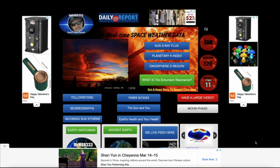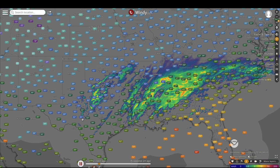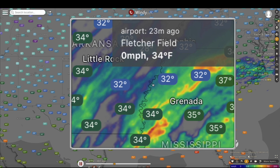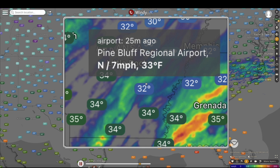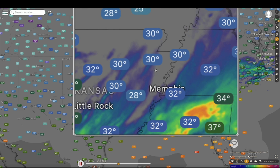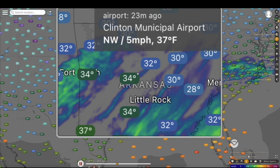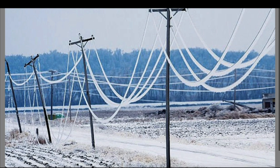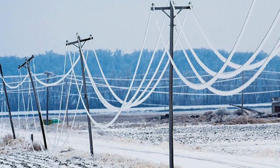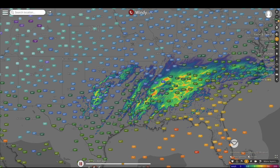We're going to come back and take a look at that video here in just a moment. But first, the major ice storm that we talked about yesterday that's moving through the southern United States. The storm system's right on the edge of the freezing temperatures. This is right now over here at windy.com, and this is the current radar, and you can see 32 and 30 degrees right on the northern edge of the precipitation. And along that northern edge, the precipitation is freezing, so power lines in some areas are more than likely looking like this as the rain accumulates on power lines and tree branches, and they simply get heavy. That's about 500 pounds of extra weight per line if this weather forecast did verify, and I think it did